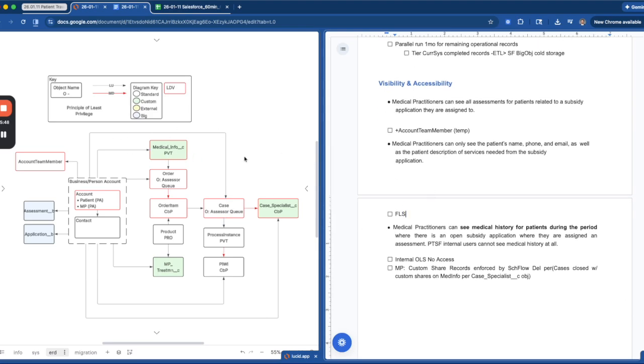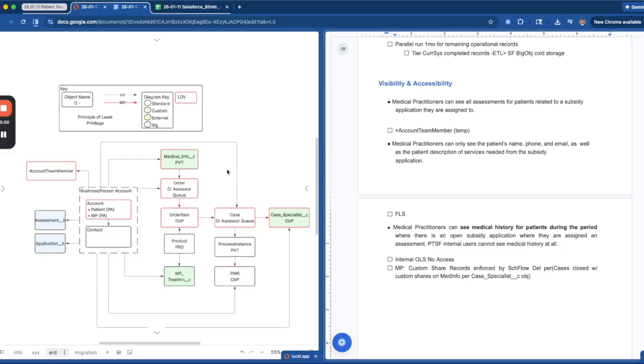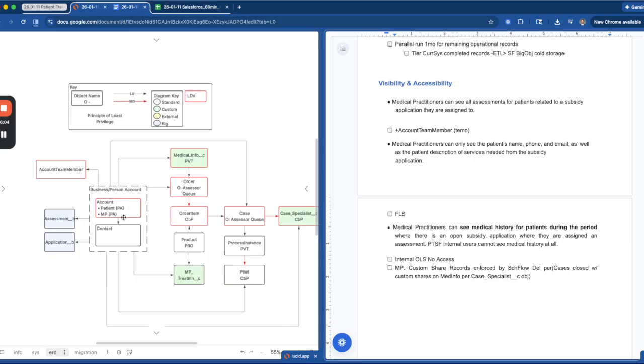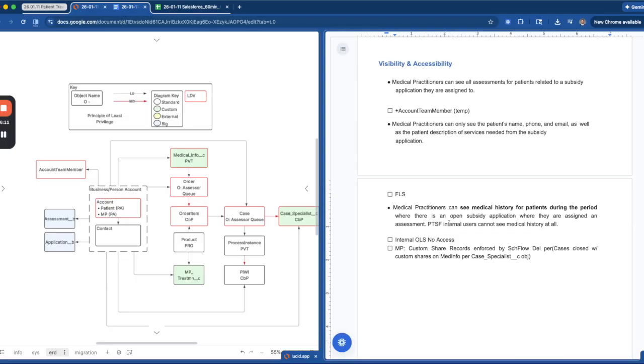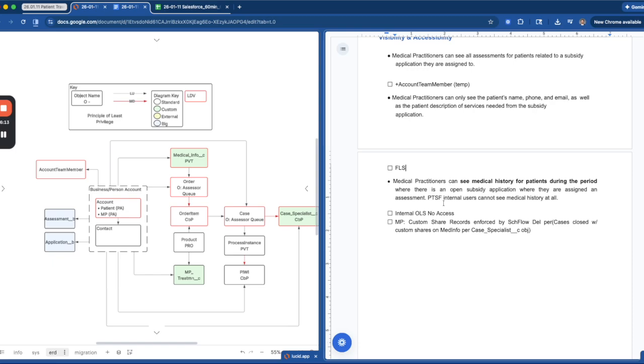Only the medical practitioners should be able to see the medical information. Internally, they can only see the patient name, phone, and email, as well as the patient description. So this will be enabled via FLS on the patient object, and then the MP will have access only to those certain fields. And then the MPs will be the only actors to see the medical history